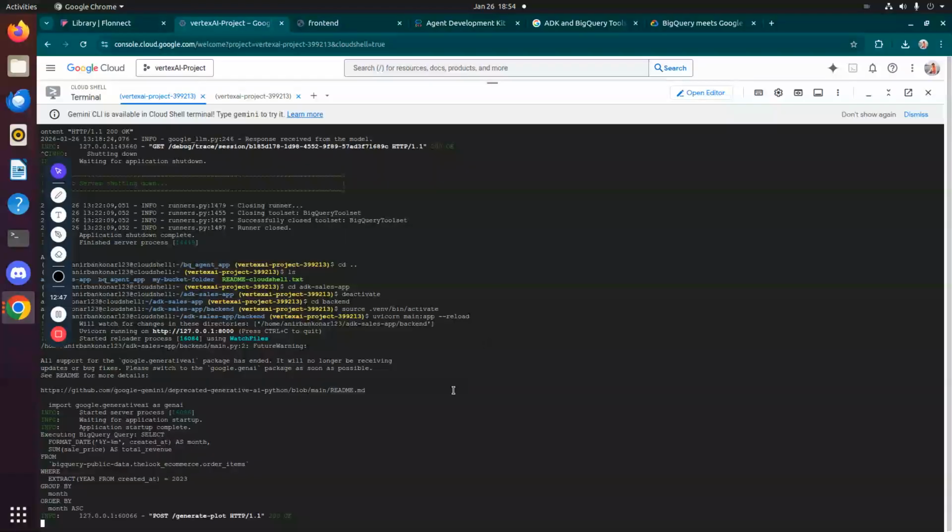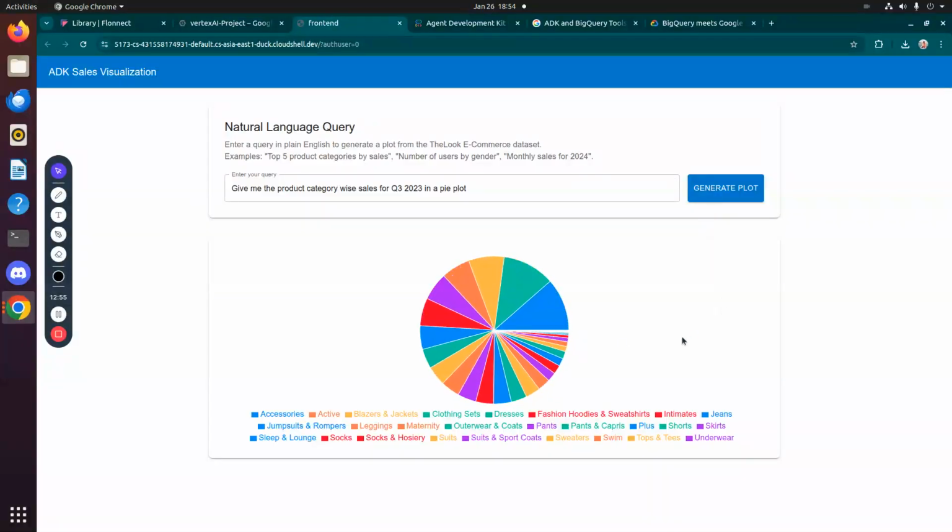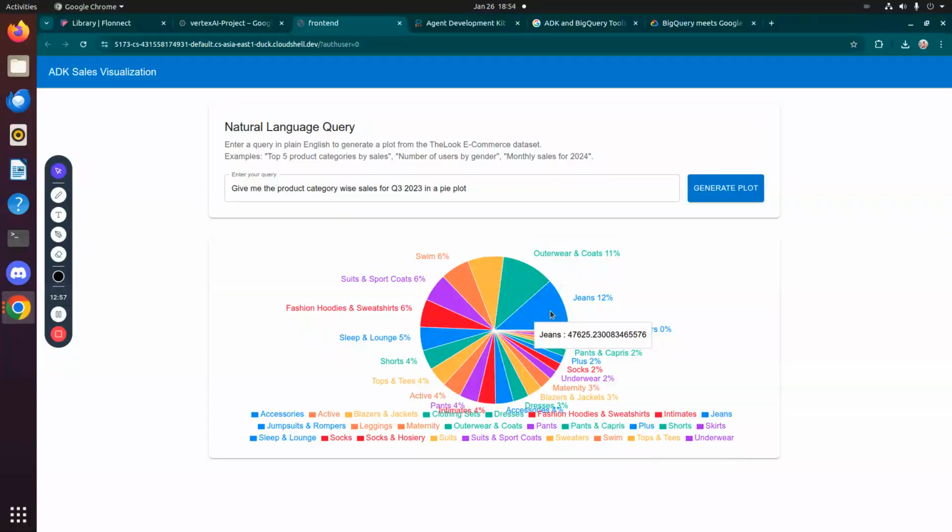Again, we can check the SQL. We can even output the SQL in the front end, I'm not doing that. So it has generated the SQL, run it, and we can see a nice pie plot where we can see what are the categories that sold the most